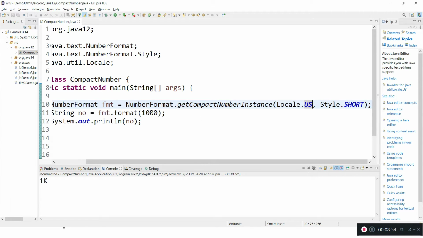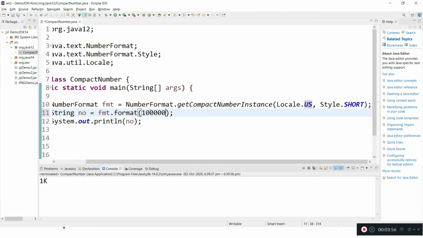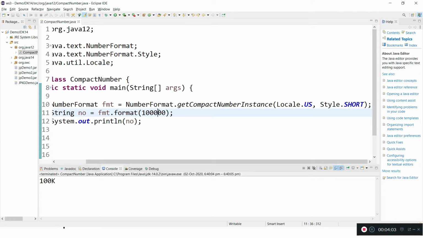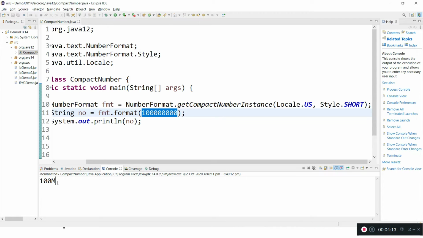Let me give some big number. This is 100K, and let me give some more. This is 100 million. If you want to read this one, it is very difficult, but you can read it simply as 100 million, a human readable form.